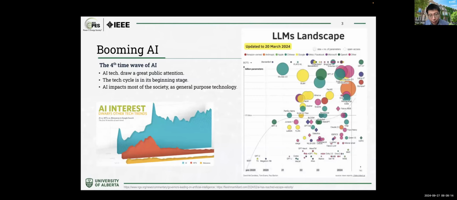Okay, so I think everyone in this meeting room will definitely recognize that AI is booming again. It's actually the largest wave so far, compared to NFTs or the metaverse, which have also been very hot topics in the last 3 to 5 years. The AI boom is definitely transforming our life a lot. Compared to the previous first to third waves of AI, this fourth wave is more comprehensive, including more industries and bringing more transformation to our society. And it is indeed coming very fast.